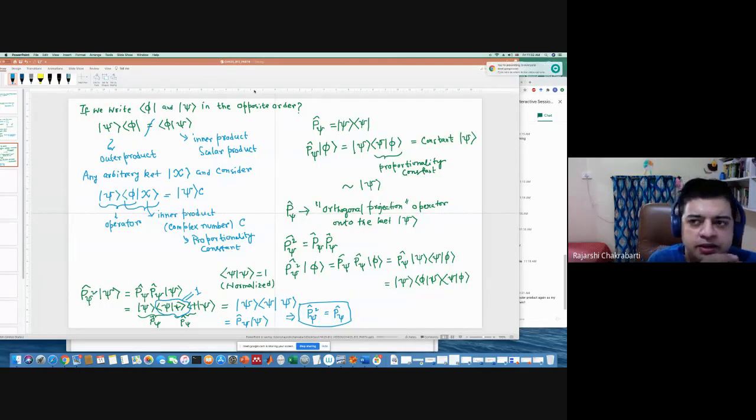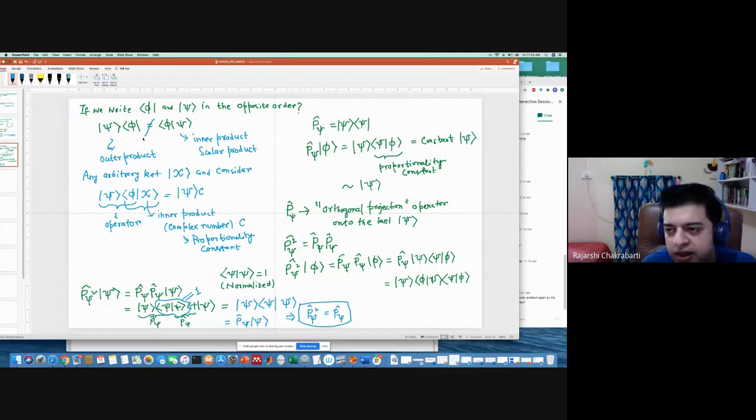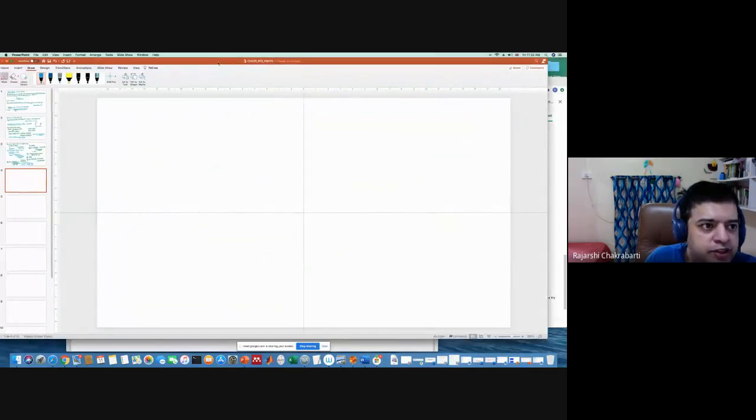So the outer product, let me repeat, this is the way it is written. The outer product is an operator. So it does not give you a number. It does not give you a complex number or any real number. Inner product gives that. And I showed you how it is. If I operate twice on this gate, it is equivalent of operating it once. This is just an operation. So it will be clearer when I introduce the next operator